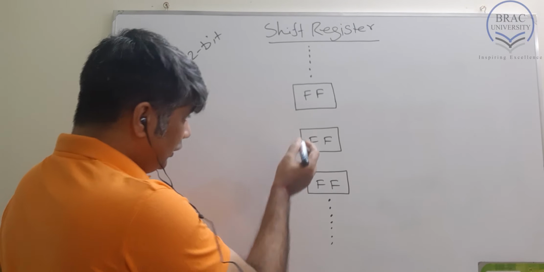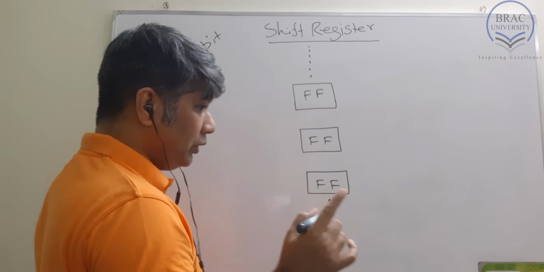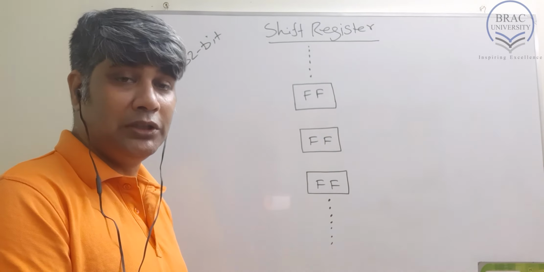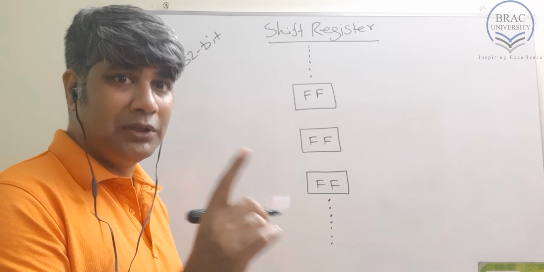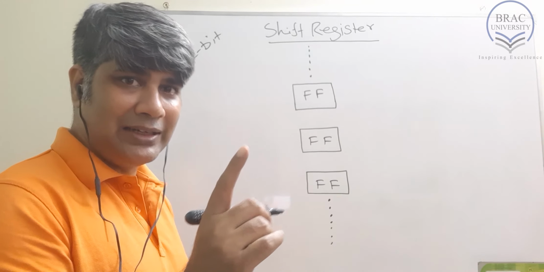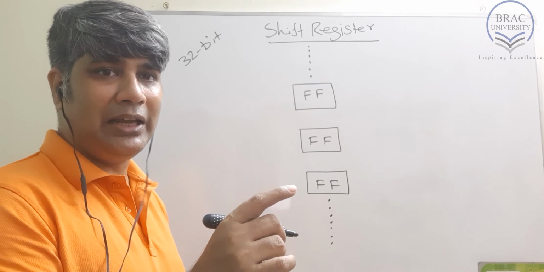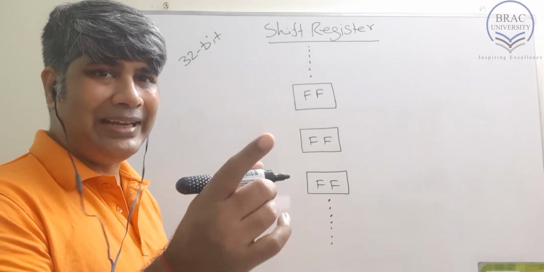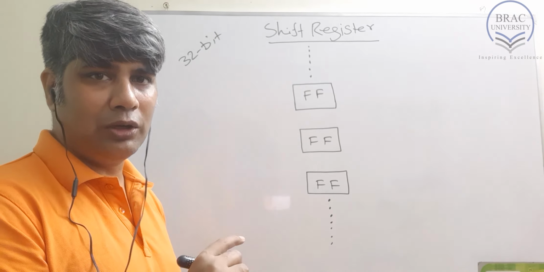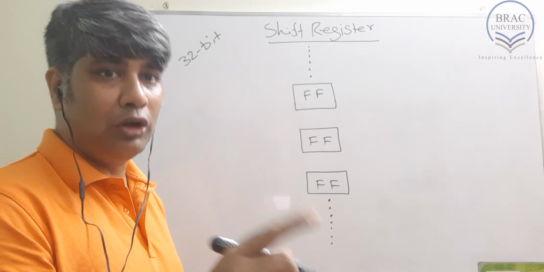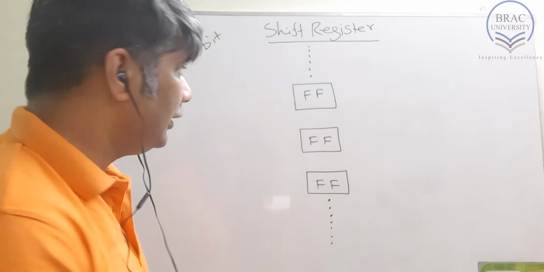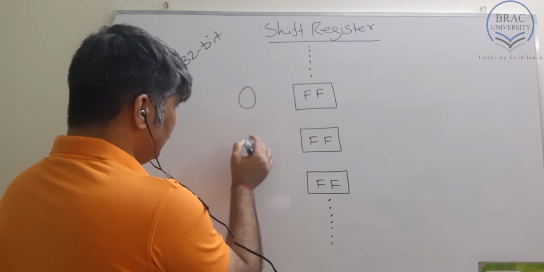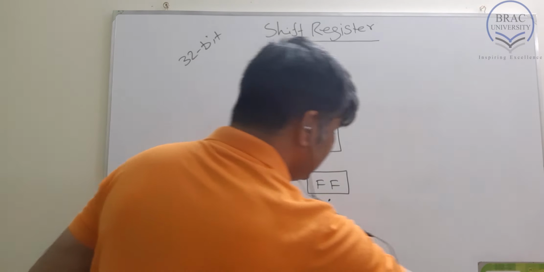Now, we have mentioned that this shift register will be able to perform left shift, right shift, taking external data, as well as clearing the entire register. So we have four options. When we have four options and at a time the register can perform only one of them, what do we need for that? We already know that for that we need a multiplexer. So each of these flip-flops will have a multiplexer with it.